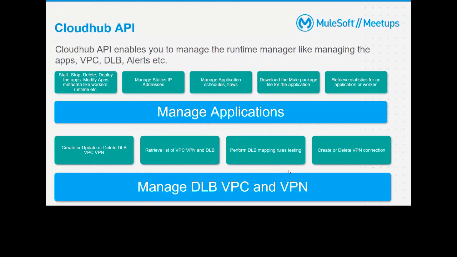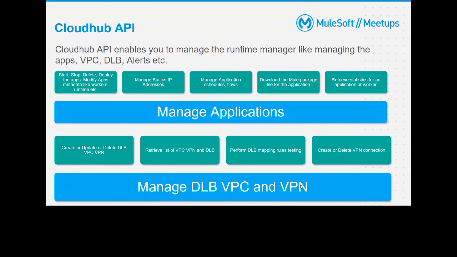It can manage static IP addresses. It can manage application schedules and flows. It can download a Mule package file, like JAR files, whenever you require JAR files. It can even retrieve stats for your application or worker. Apart from that, other functions it can do: